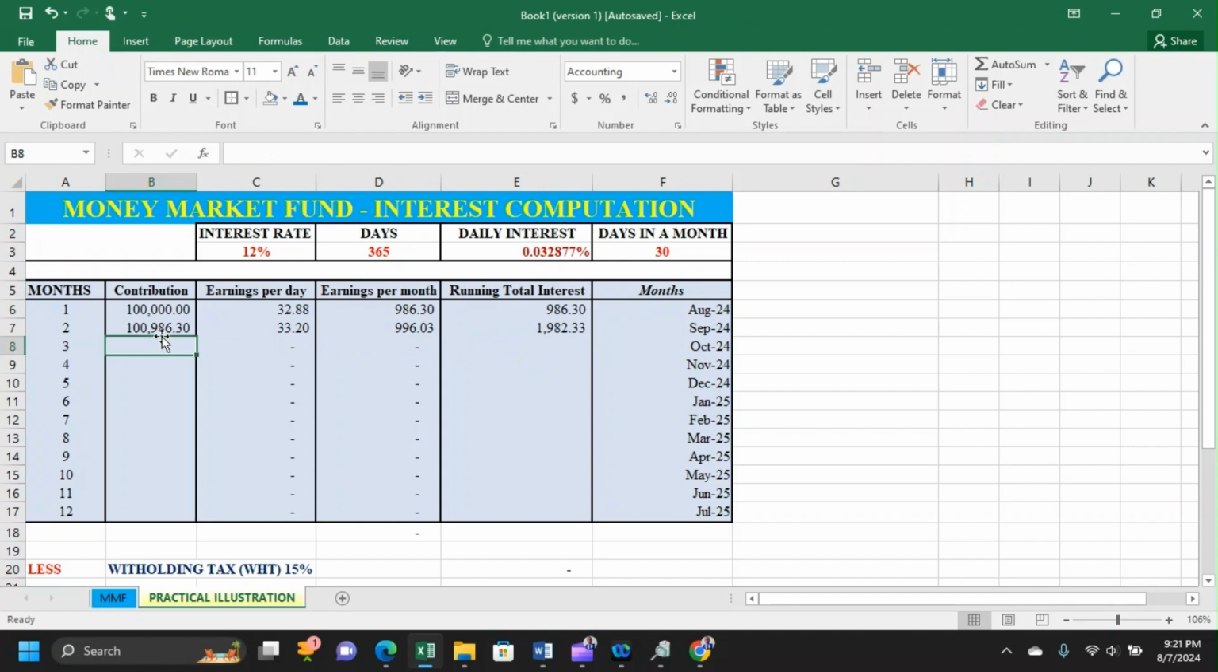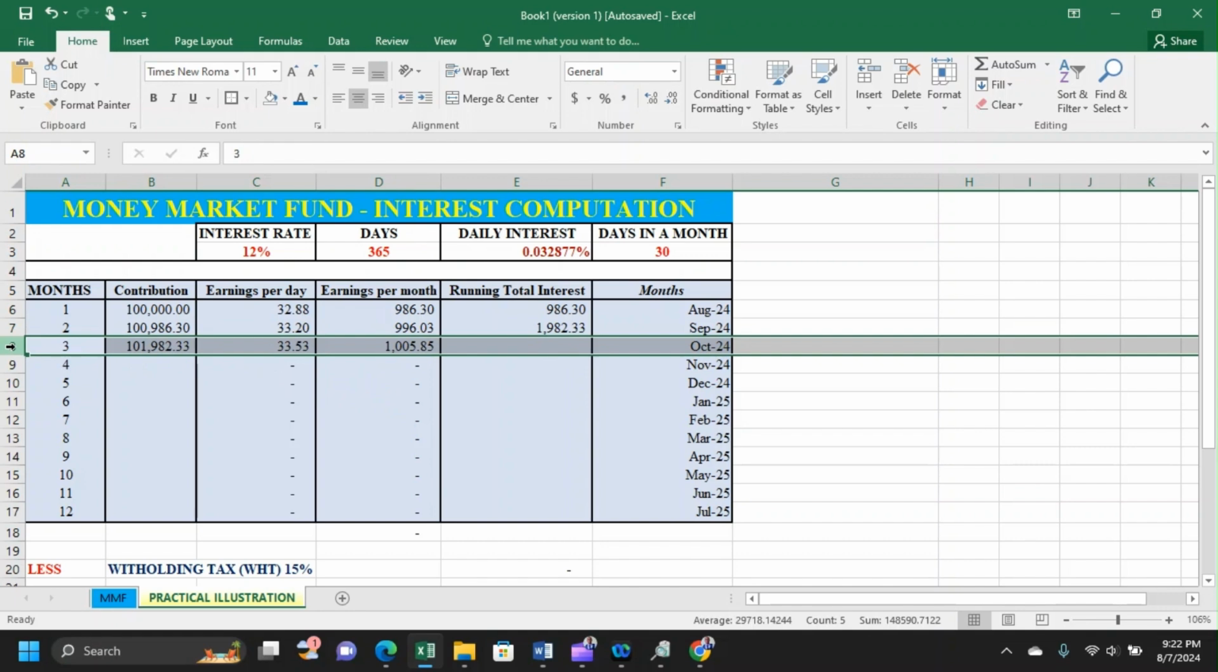For this case, it will be 109.86 in the second month plus the interest that you made in the second month. And the formula continues. So you can clearly see that the earnings you're earning per day are cumulatively increasing. For this case, we started with earnings per day in the first month of 32.88, and currently